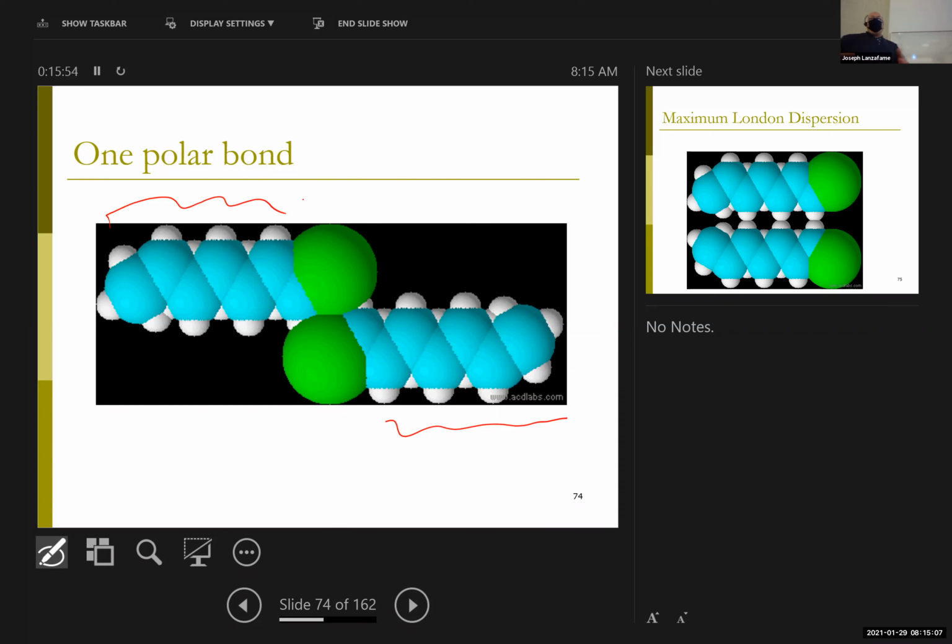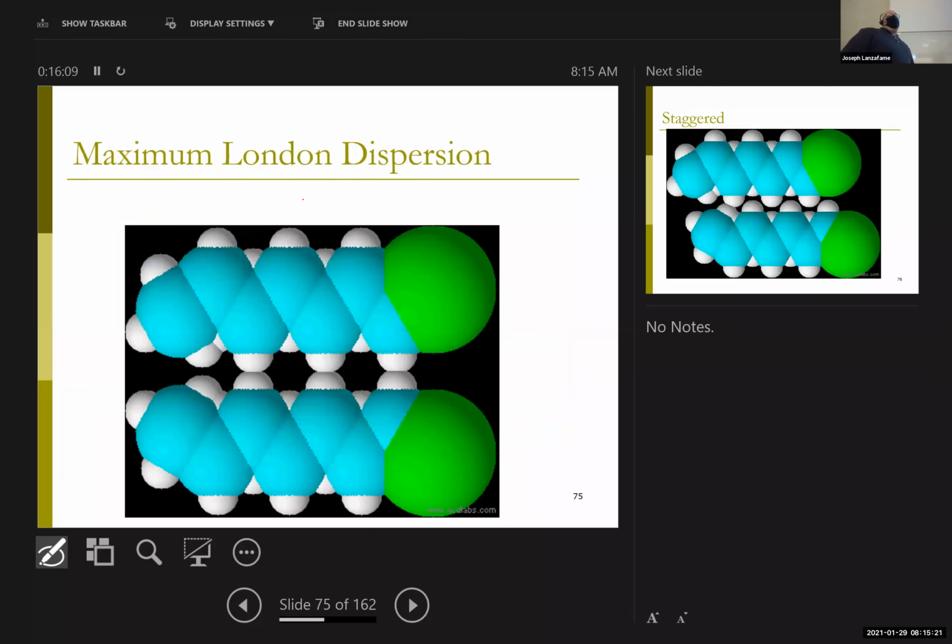right? And so you end up here with a choice. If the dipole-dipole is going to manifest itself, this is the only orientation that will do it. On the other hand, and we'll get to this a little bit later, if the van der Waals force is going to maximize itself, they need to align that way so that the molecule is aligned with the whole molecule. And so this molecule is